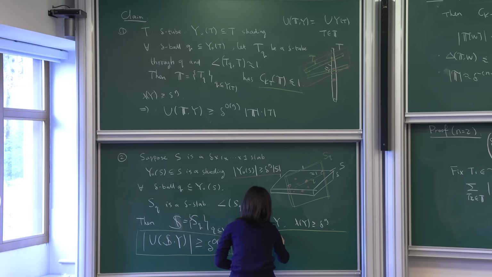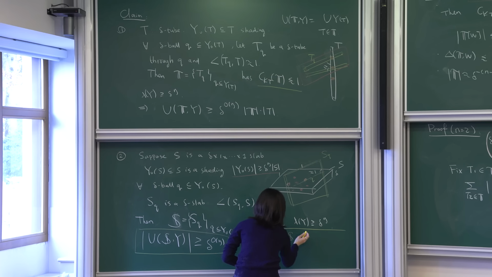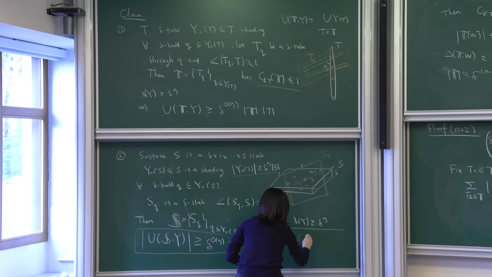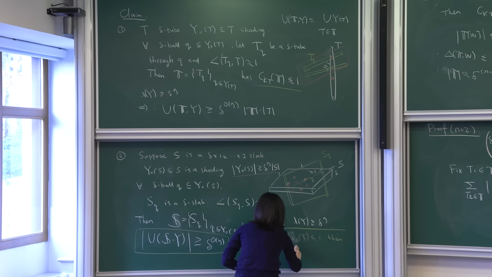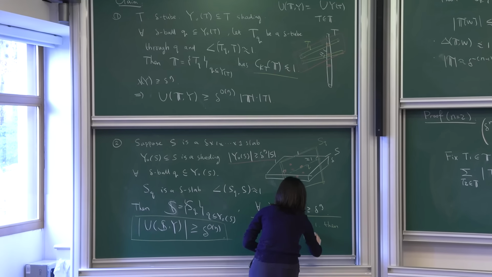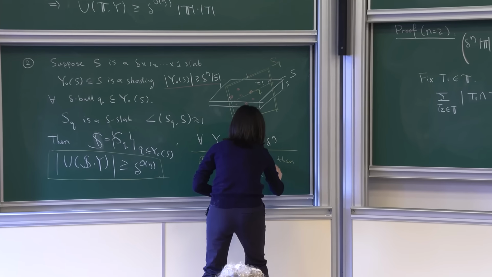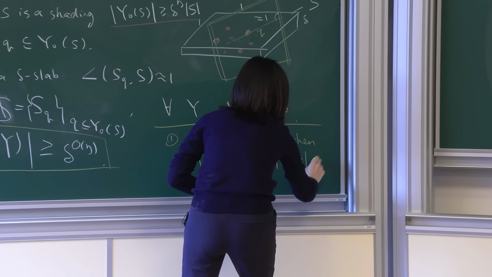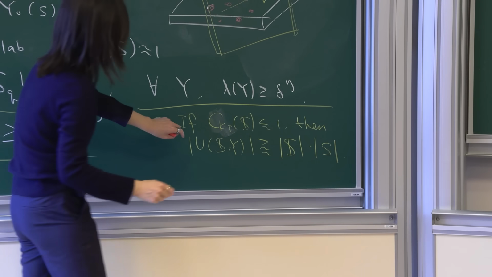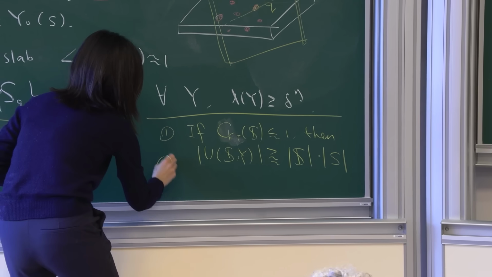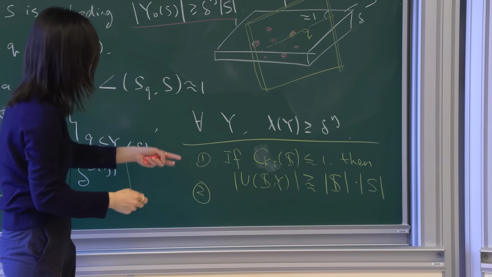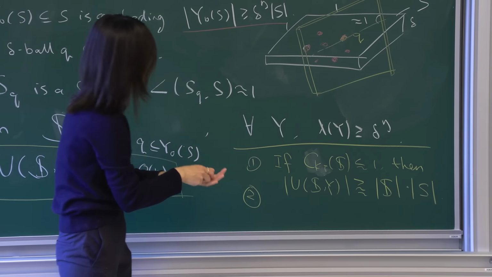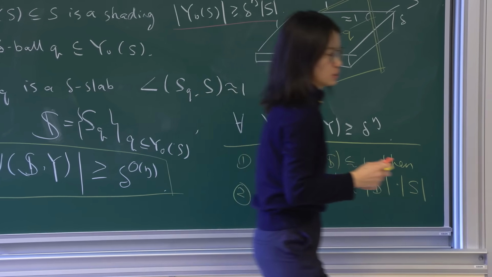So the first part is if a set satisfies the Katz-Tao-Wolff axiom, then the union of those shadings is roughly greater than, and I'm going to ignore the epsilons, the number of S times the volume of 1 S. So this is one thing. And the second thing: this part uses just that proof, the L2 argument. And the second part uses some of the ideas in claim 1. What it does is that